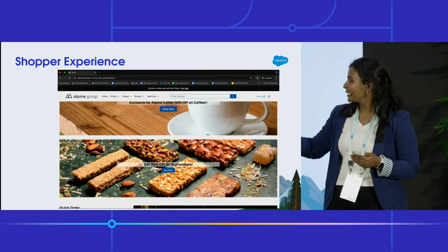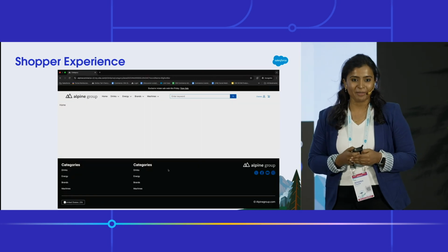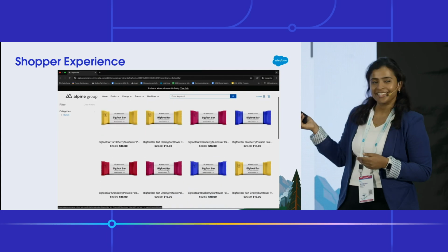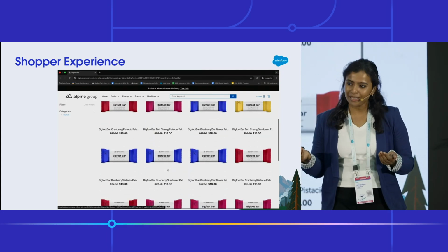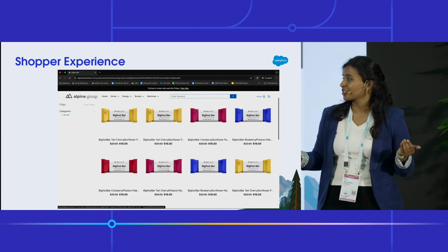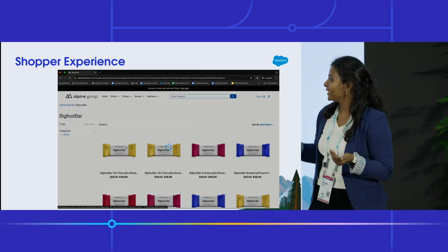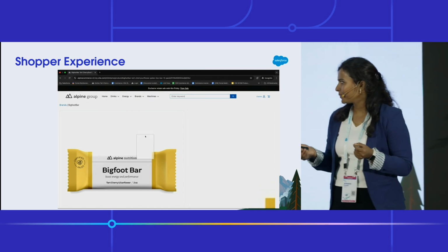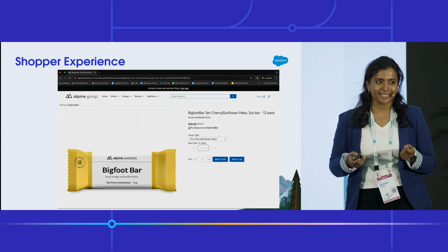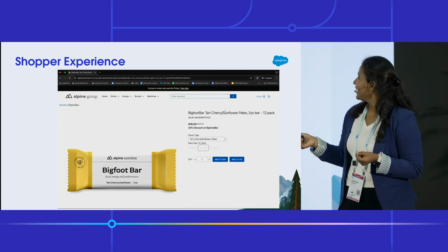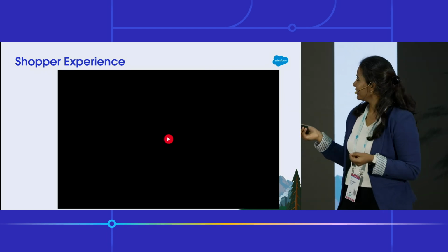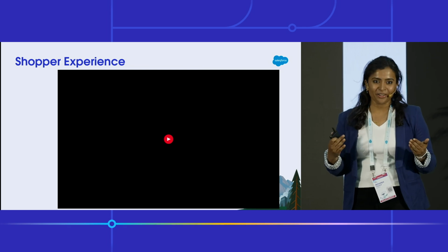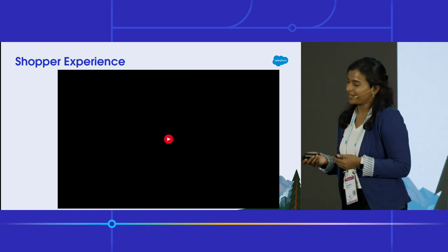So when Charles scrolls down, he sees that there is a 20% off on Bigfoot bars. He's super excited. He wonders what Bigfoot bars are. He clicks on it. He's taken to the search landing page where he sees a huge selection of Bigfoot protein bars that are at a special discount just for him. So he is pretty excited. He adds a bunch of them to cart and places an order, thereby getting our marketing manager and Alpine Coffee B2B their first order for Bigfoot bars.